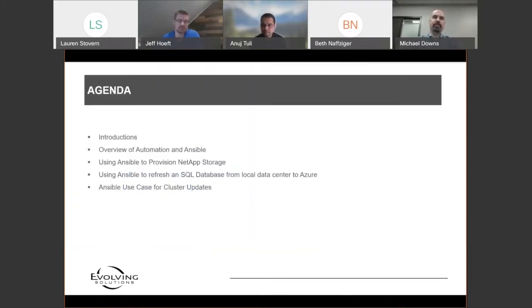So our agenda today is we'll have some brief introductions. We'll go over an overview of automation specifically with Ansible to provide some background for folks. And then we'll get into a couple of specific use cases, progressing from some fairly straightforward use cases to something a little bit more complex that hopefully will show an example of what's possible with